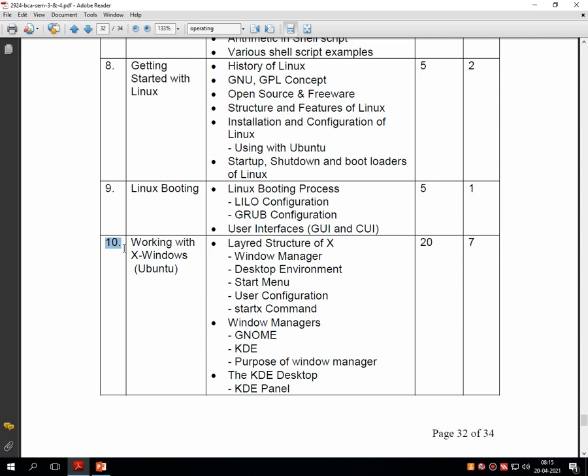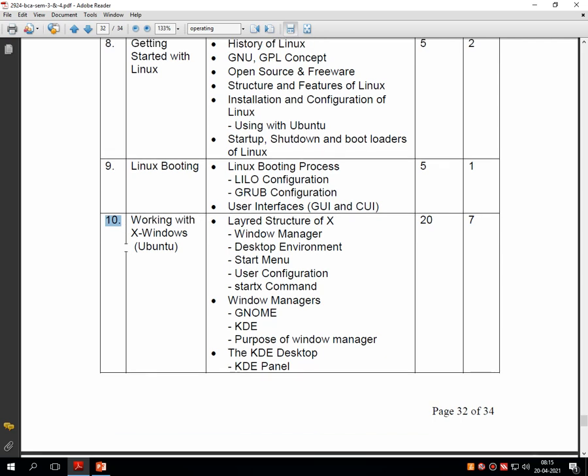it's time to go in depth about the working environment of Ubuntu. Here you can see the title of unit number 10 that they have mentioned in words like this: working with X Windows (Ubuntu). And this is our unit number 10. It contains various topics like the layered structure of X Windows, Windows Manager,